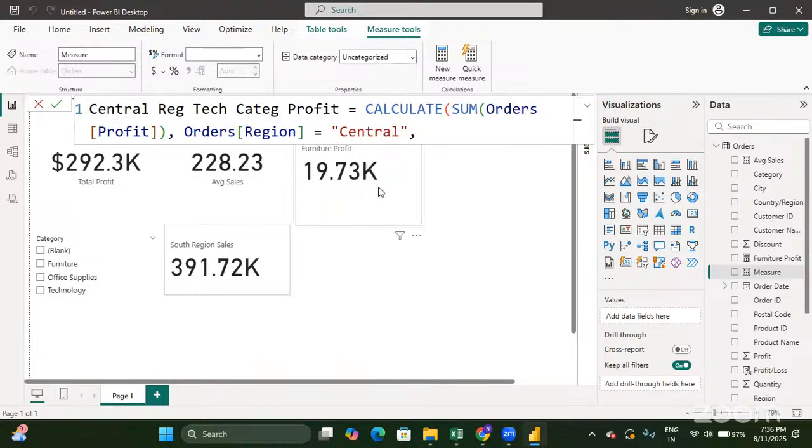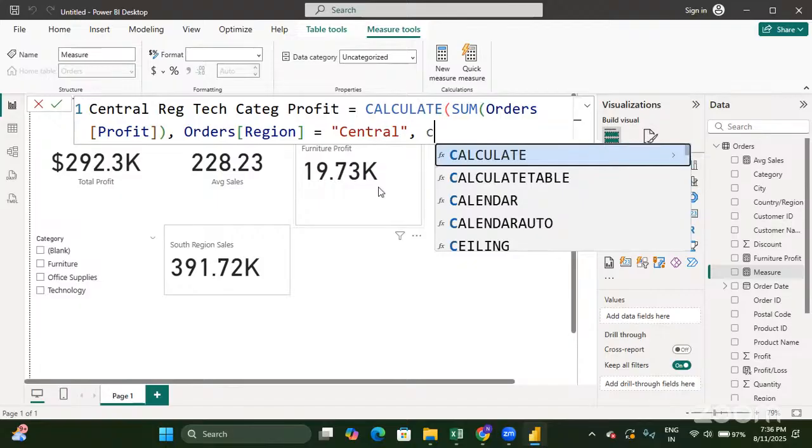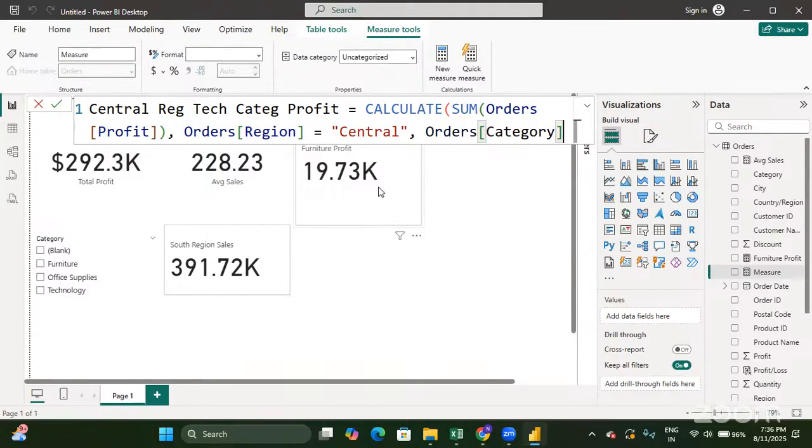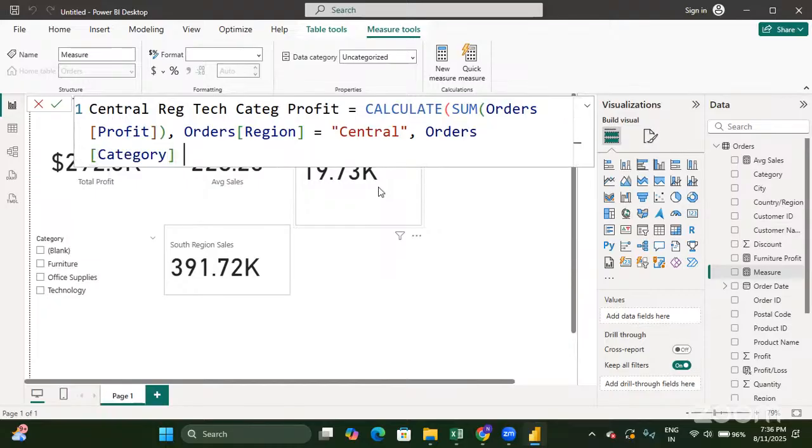So what is my next filter? My next filter is the values in the category column, they should be technology. Accordingly, the records get filtered. Once having both these filters done,